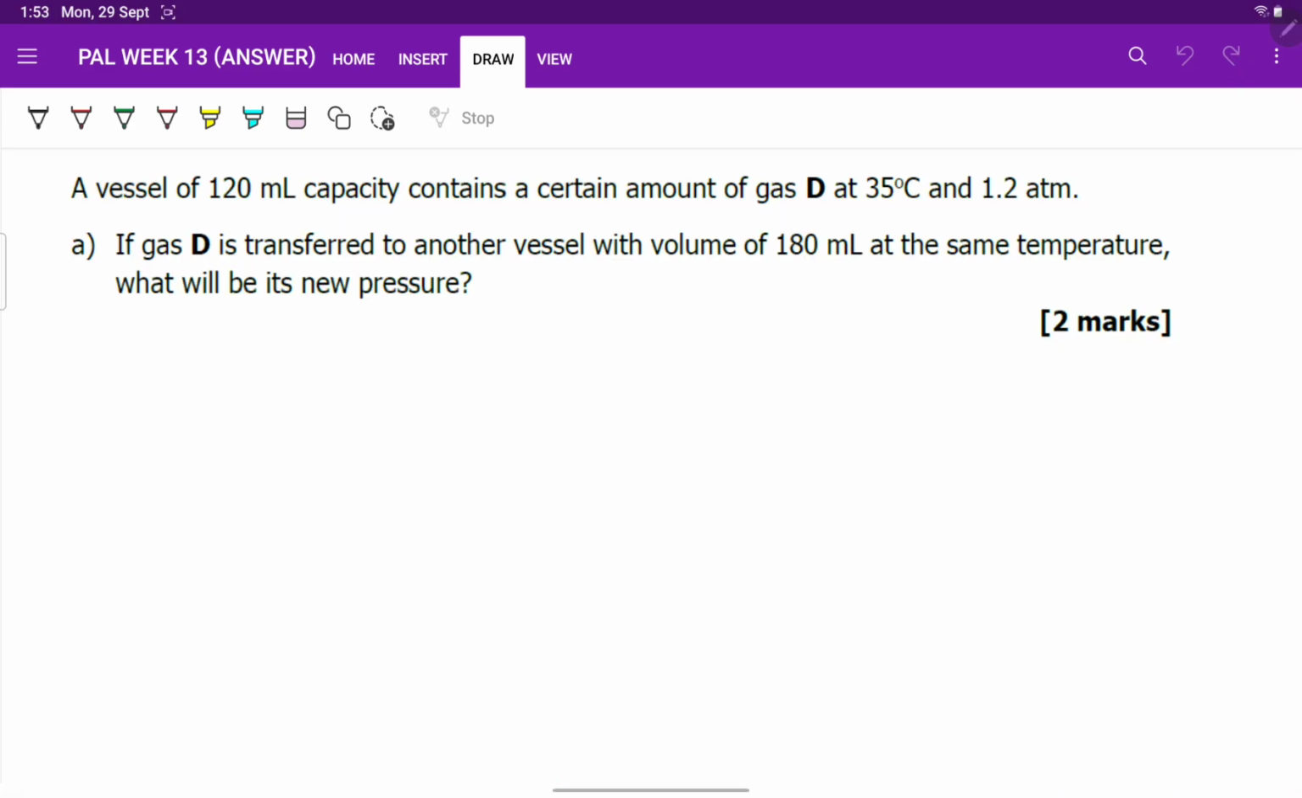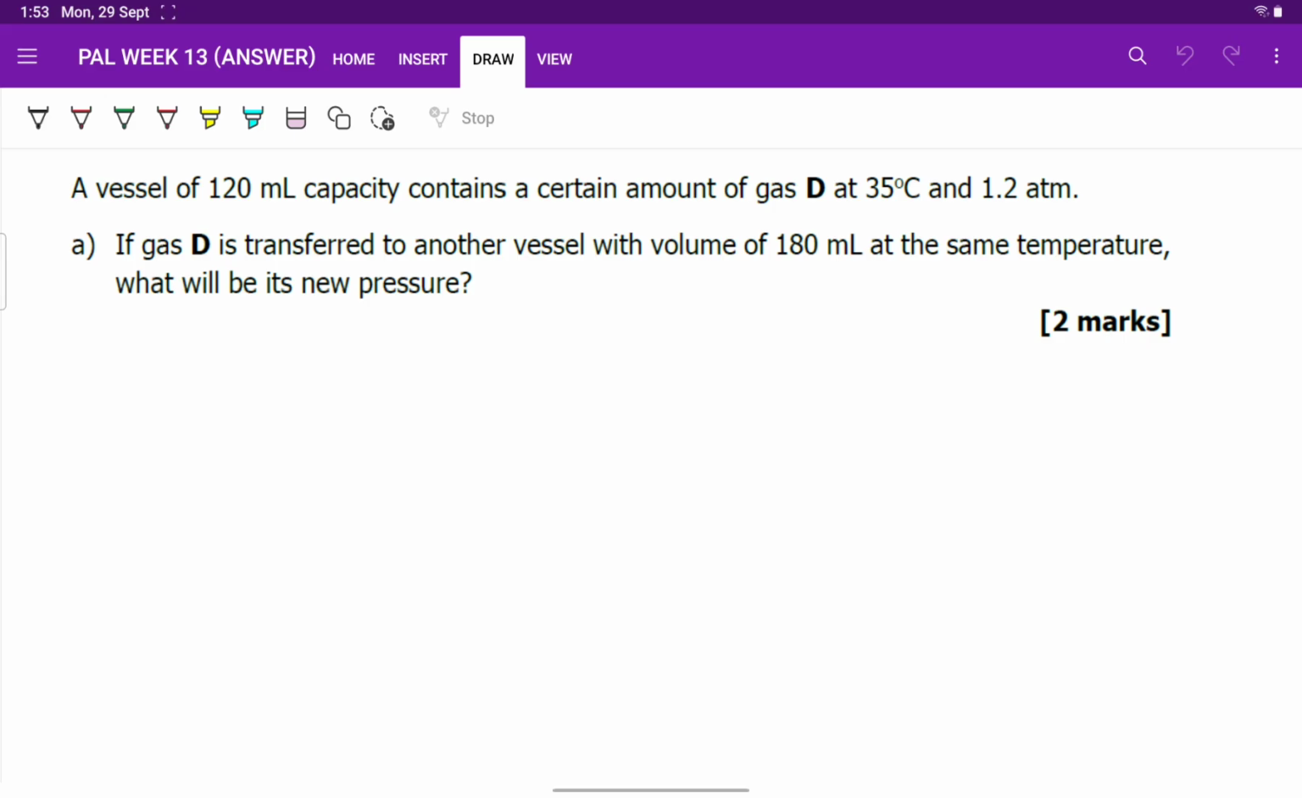Now let's take a look at the question. Question number 1A. A vessel of 120 ml capacity contains a certain amount of gas D at 35 degrees Celsius and 1.2 atm. If gas D is transferred to another vessel with volume of 180 ml at the same temperature, what will be its new pressure? Okay, jadi untuk jawab soalan ni, first and foremost,